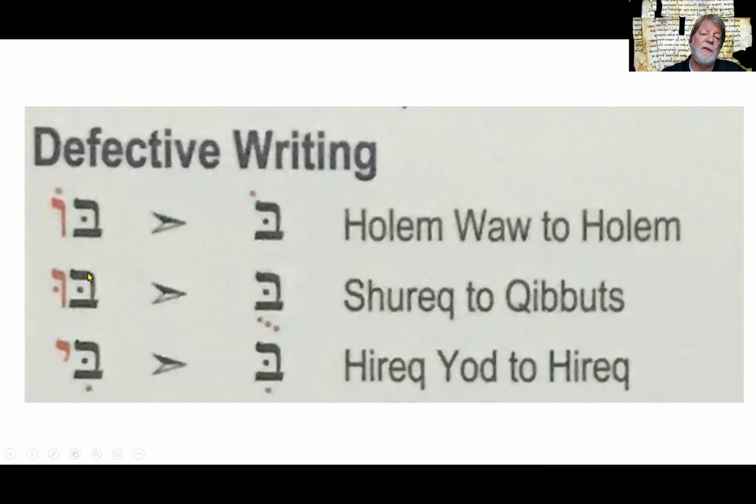Here we have the shurek example. The shurek can be written like this, with or without the vav, but if the vav drops out defectively, the dot drops out with it. And in its place is our kibbutz,